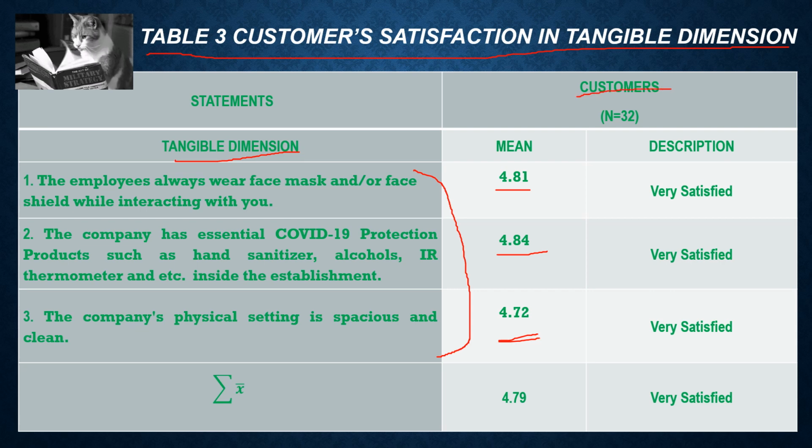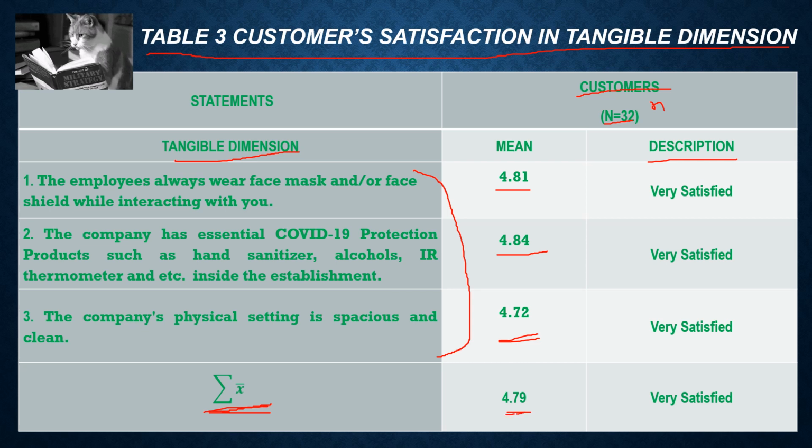Oh, this is not big N but small n, sorry. Small n is equal to 32, because big N would be the population. So description just includes the description here, and this one is the overall total average of the mean for this dimension,